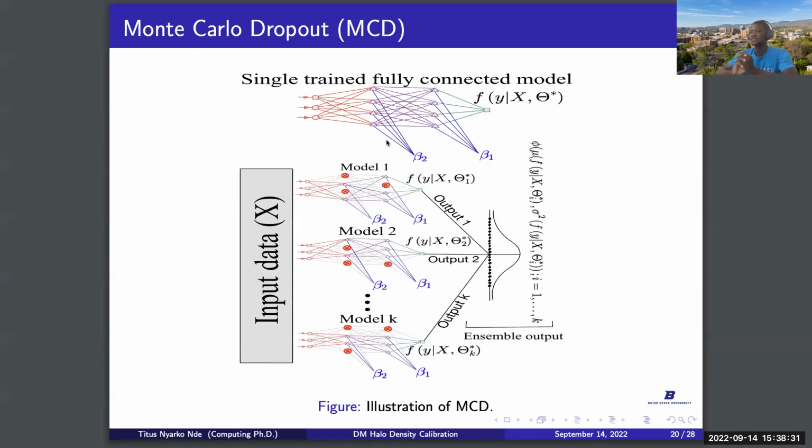And then we have this technique we also call the Monte Carlo dropout. With the Monte Carlo dropout, basically what you do is you train just one model, one fully connected neural network architecture. And then at the time of prediction, you randomly switch off some of the nodes, a percentage of the nodes. This produces a different set of models, and then you're able to use all of them to predict. One feature of this technique is that the models are not completely independent. They share a fraction of their weights, so the models are somehow correlated.